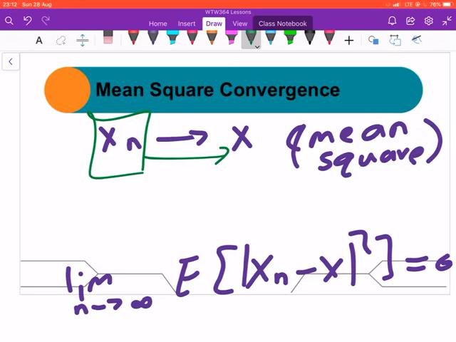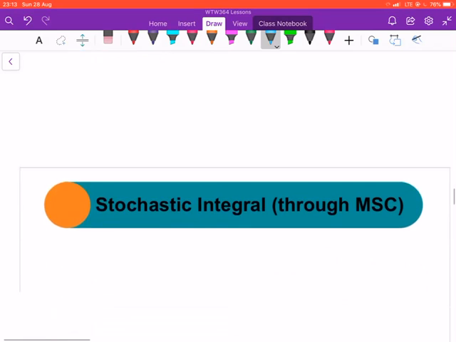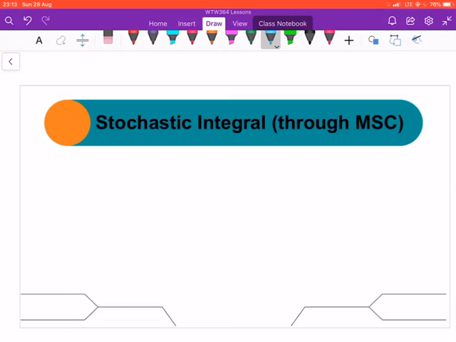If you know about this and you can try to make n as big as possible, like increasing the number of intervals in our case to go towards infinity, then we are able to estimate what our real x is. And this, as it turns out, is going to be very important when you're doing stochastic integral, because